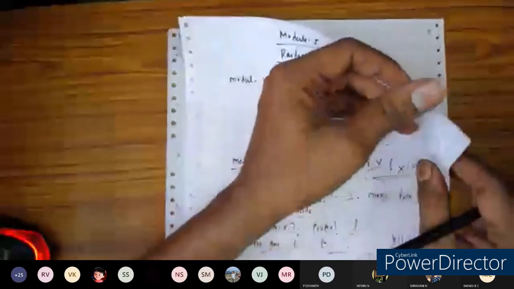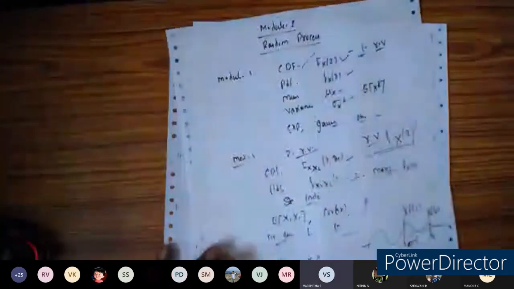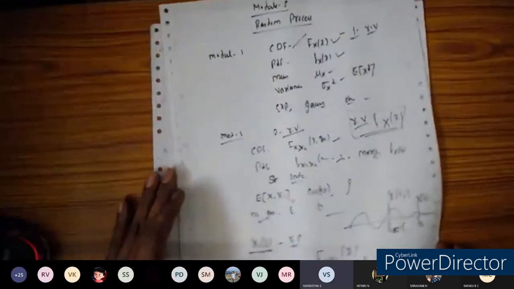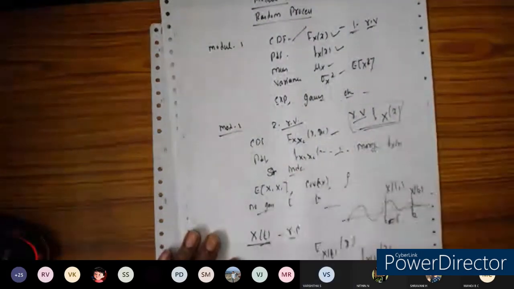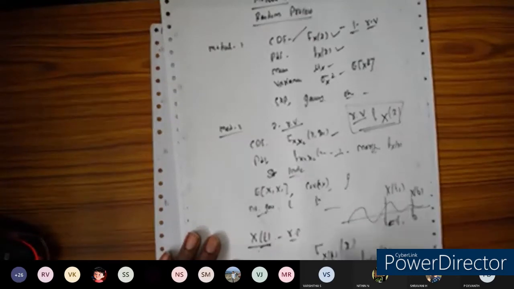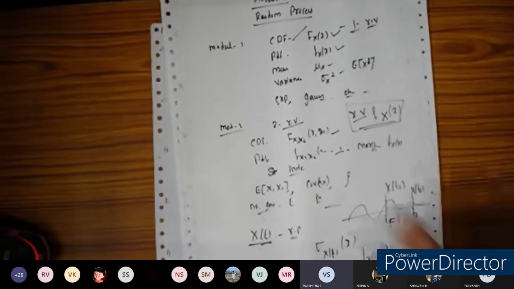Okay, so take the definition of the random process. First, sir, the other two topics of module 2. There are two topics. I'll do that one later. It will take some time, 5 to 10 minutes. It's just defining the PDF of the random variable and drawing the plot of that one. So leave 2 pages of space. I'll cover that one later. So today let me start with module 3.